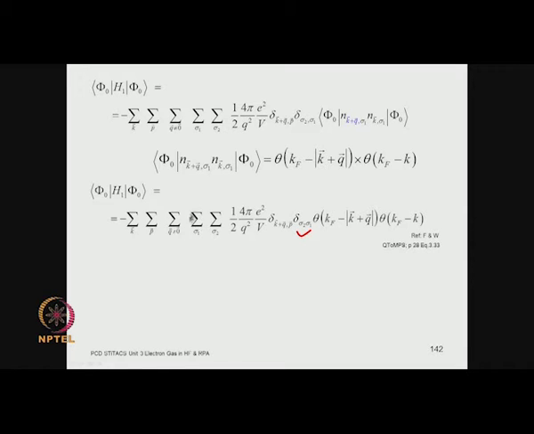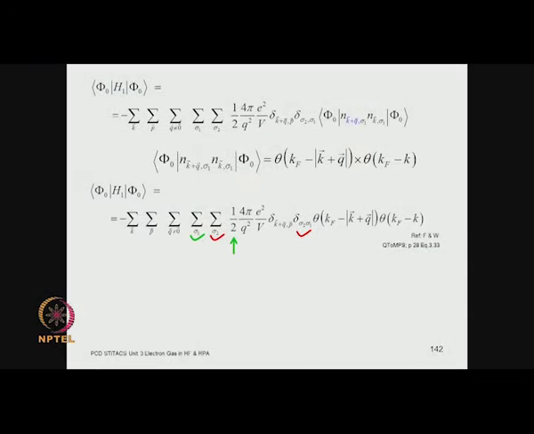So, when you do this further summation over sigma 1, the half will be taken care of, because you will get an equal contribution from spin up and spin down, right. So, that will be taken care of, and then when you sum over p, only the term for p equal to k plus q will survive,